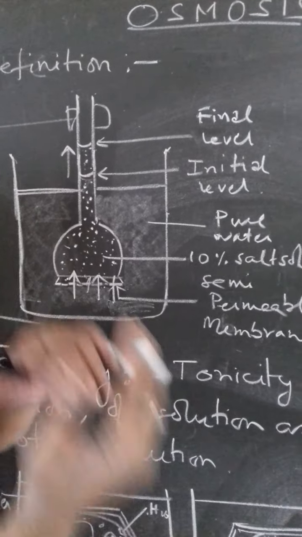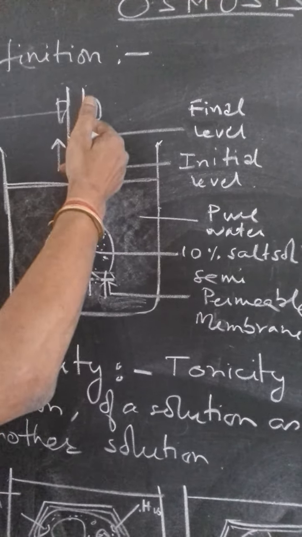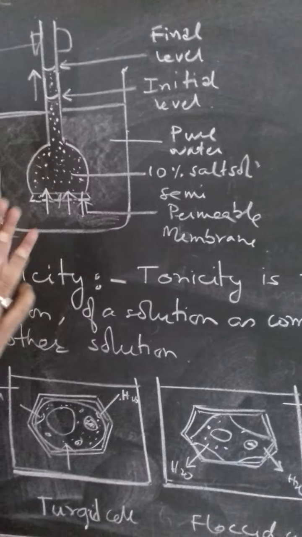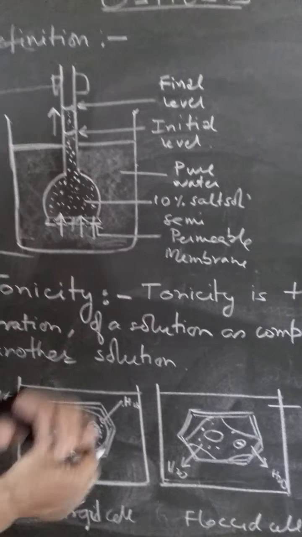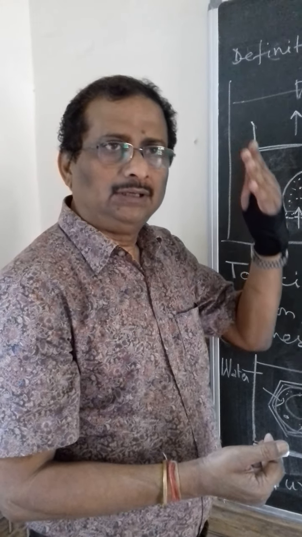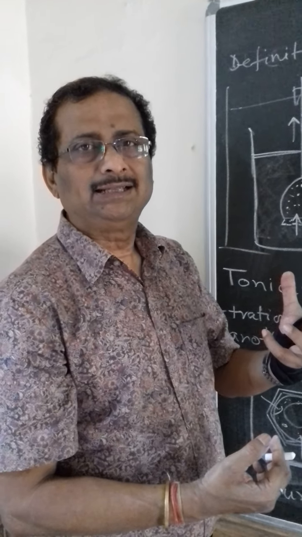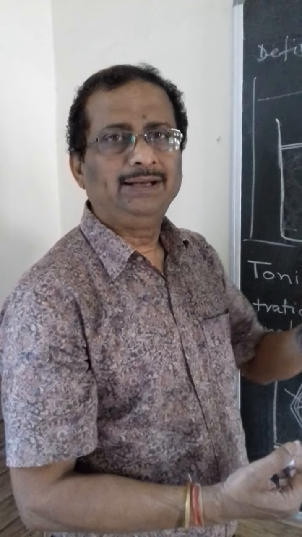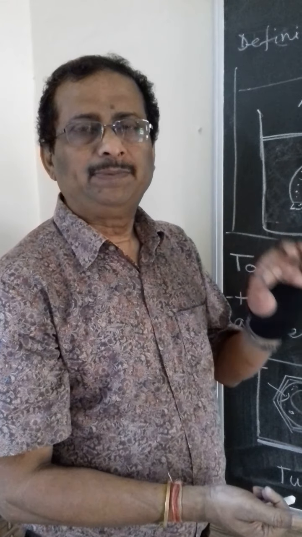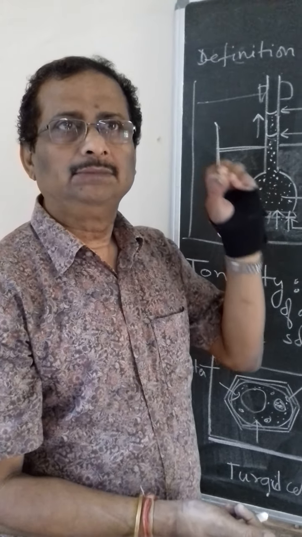If we do it the reverse way, we keep pure water inside and concentrated salt solution outside, the level of the water will fall. This we can compare to exoosmosis in the cell. So there are two types of osmosis. One is endoosmosis, when the water moves from outside the cell to inside the cell. That means inside the cell is more concentrated and outside the cell it is less concentrated. So there is an inward movement through the cell membrane, which is said to be a semi-permeable membrane. Remember, the words semi-permeable, selectively permeable, differentially permeable all refer to the same membrane.